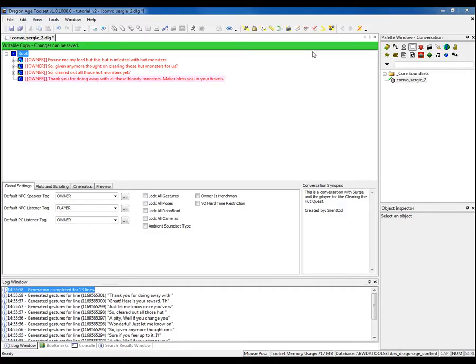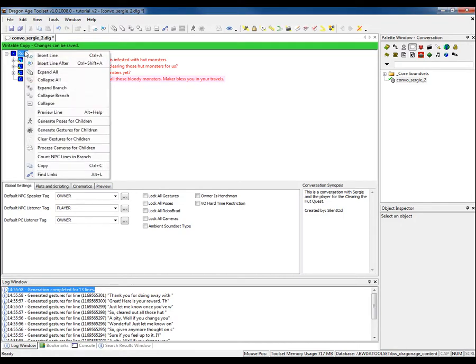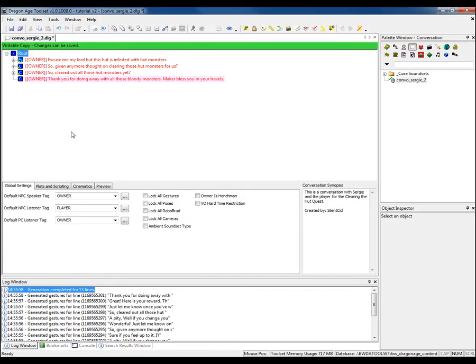Now that we have added in an actual voice for our quest giver, it's time to give him a little bit of movement in the hands. What we're going to be creating are gestures. To do that, let's go to the root of our conversation resource file, right clicking on it. We're going to go down to where it says generate gestures for children. It's going to take a moment, but it is going to generate